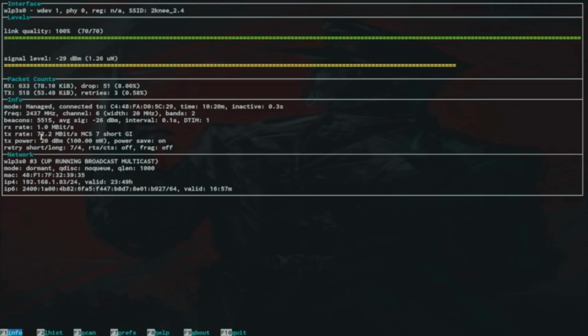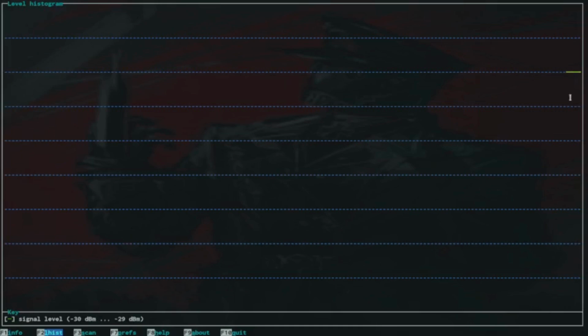And if I go on the visual, so if we do F2, right? So now it is showing the histogram. So we have the signal, so it's on minus 31 dBm. So if I just reload that again,